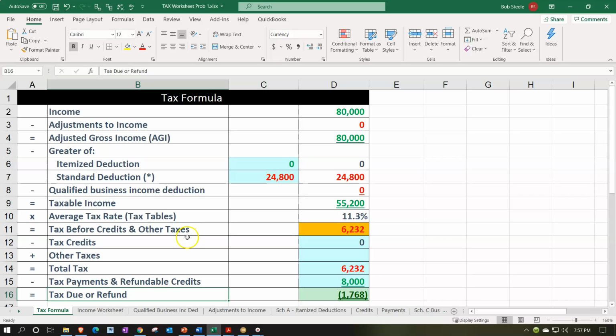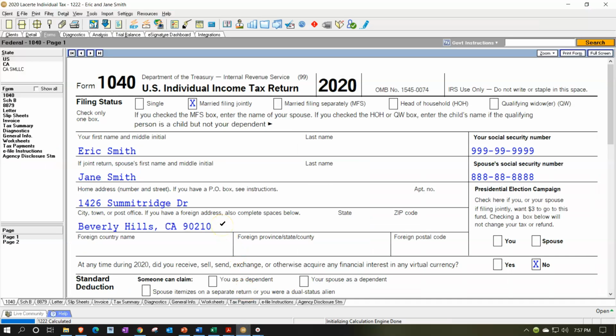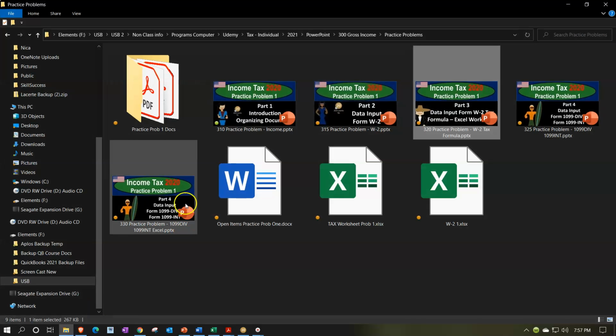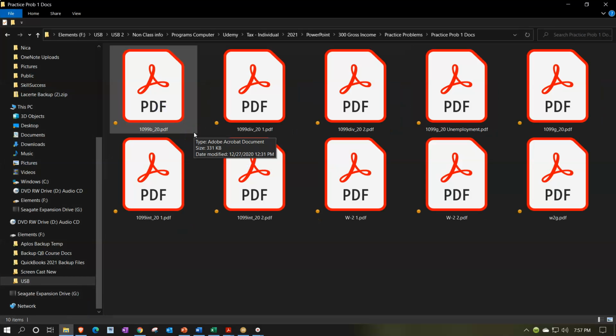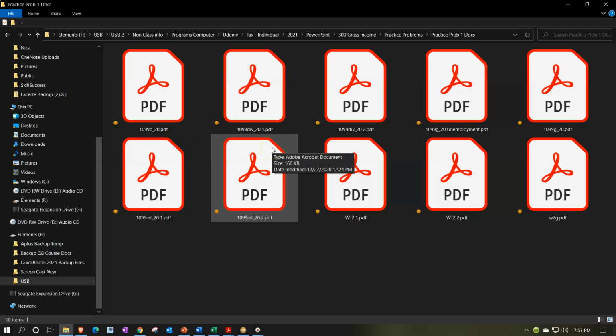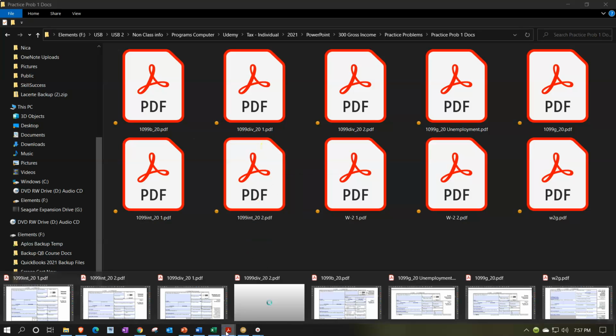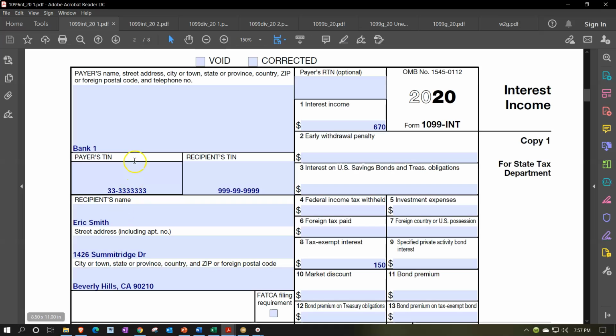Also note that it is possible to put together a worksheet like this fairly easily if you choose to do that as well. So I'm going to go back on over to the first page. Now, in the prior presentations, what we have done is taken our information that we might get, say, from a client or our own information. We then set it up in terms of PDF files. We've opened up all the PDF files over in our Adobe Reader, and then we started to input this into